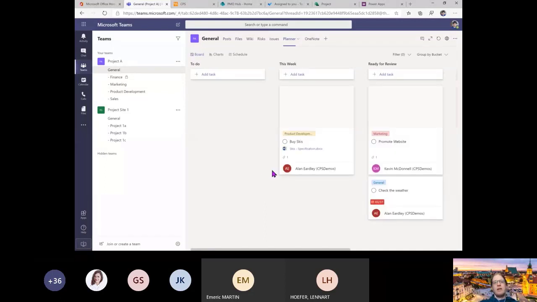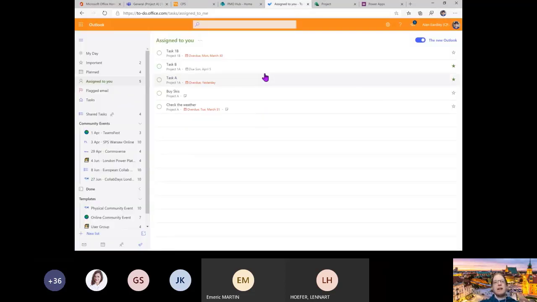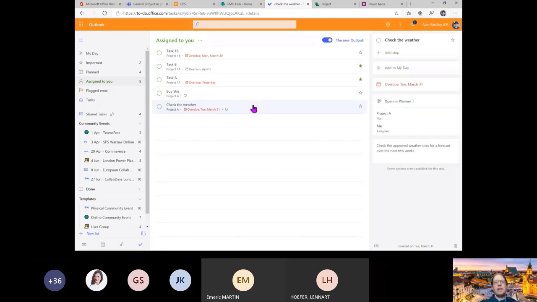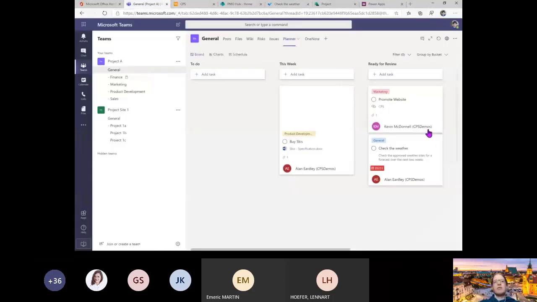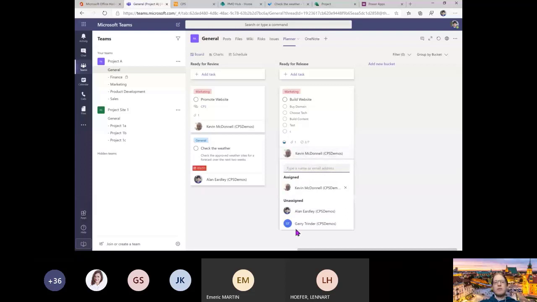So in here, I can see that I've got buy skis, and I've got check the weather, and I've got overdue. So I can see some of the information in here around this. So check the weather, it's got the comments in there, the text in there, it's got steps in there as well. So if I were to come across and assign this one to me as well,